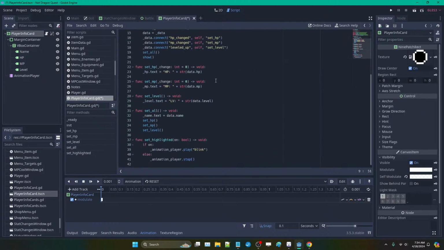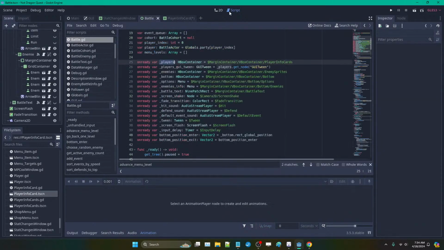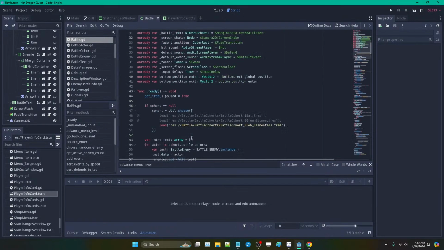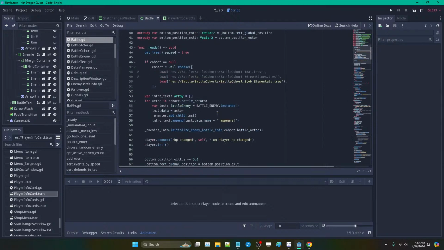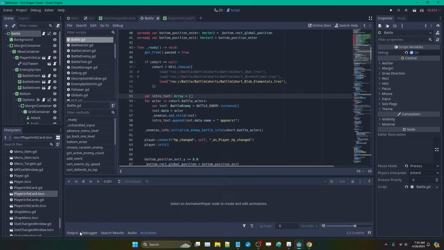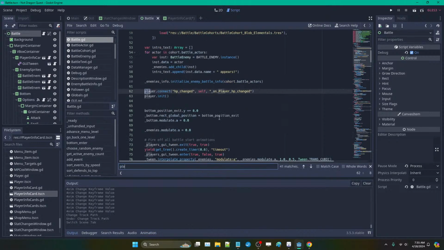And when we do that, we actually need to do play. So now when we are choosing options, whenever we change, I gotta clear that. Whenever we change the player,